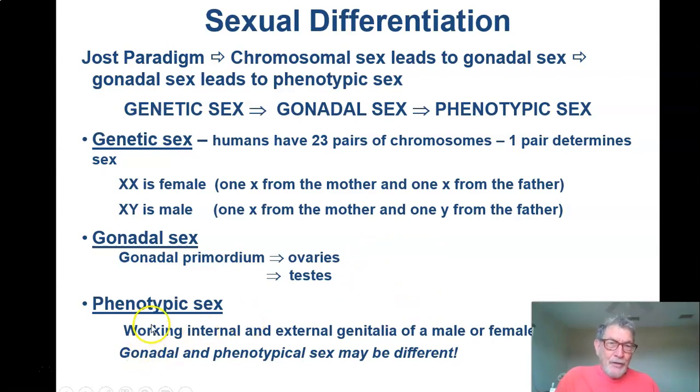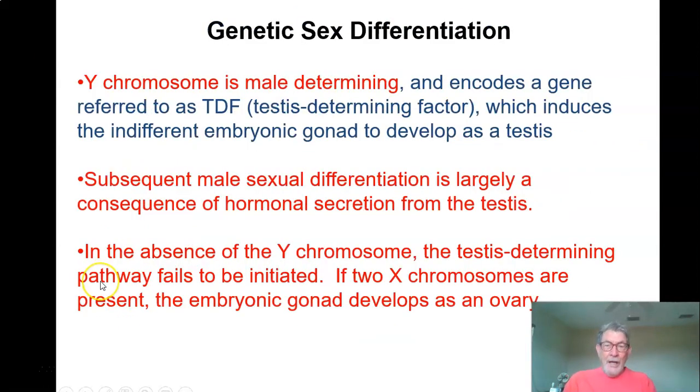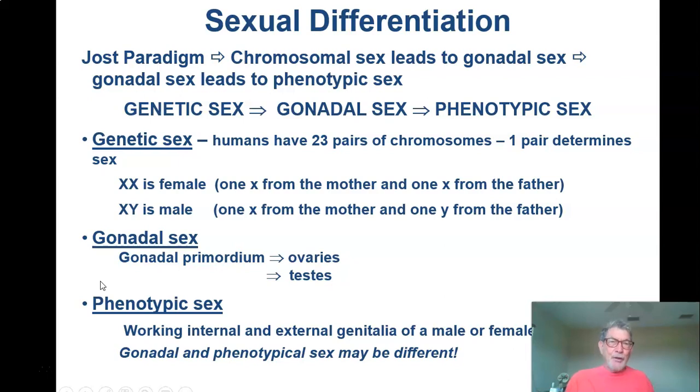Then phenotypic sex is what you actually look like, whether you appear to be male or female, because you can be a genetic male who actually develops testes, but they never develop further than that because you don't have the right hormonal balance, and you wind up looking like a female anyway, and you don't even know that you're a male, perhaps. So genetic sex is just genetically determined. Gonadal sex is determined by hormones, and the phenotypic sex is hormonally driven also.